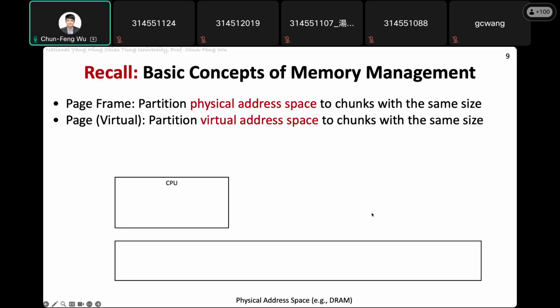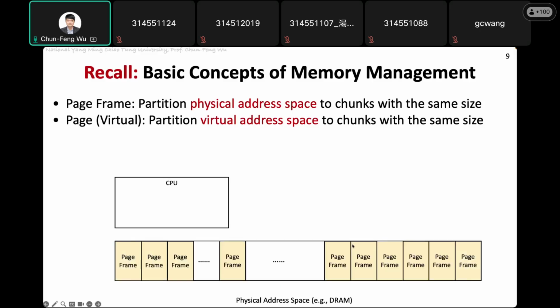So assuming there is a CPU, and here the rectangle means the DRAM, or we call it the physical address space. We will partition this DRAM into a lot of 4 kilobyte page frames. They are all the same size: 4 kilobyte, 4 kilobyte, 4 kilobyte. Each of them we call a page frame. And for all this physical memory, you can think about there being two different